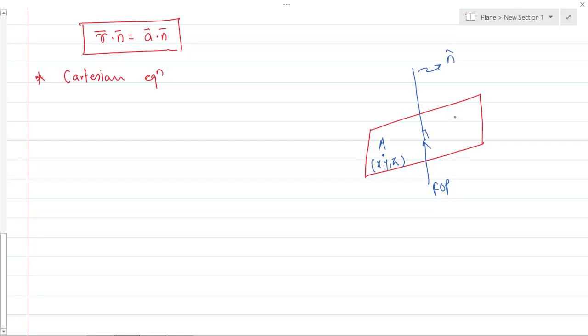Let's take n bar, and suppose this is the point R, and whose coordinates are, I am taking any general random point on the plane, so its coordinate becomes x comma y comma z. These are the standard coordinates, x y z. x1 y1 z1 means what? These are the known points. Okay, perfect. So tell me the Cartesian equation, how we will write.